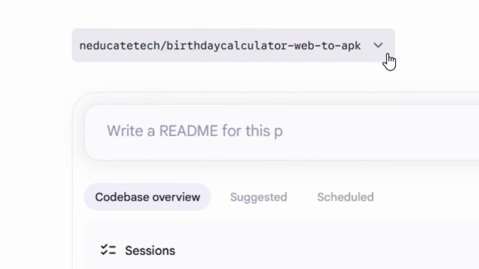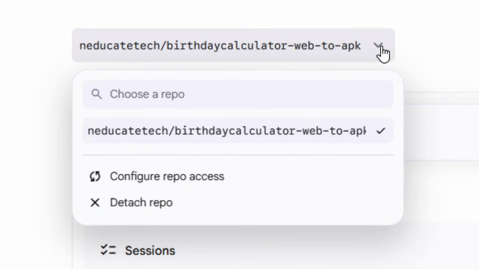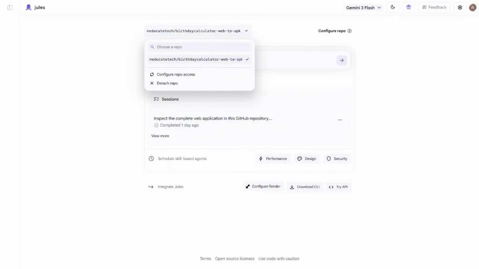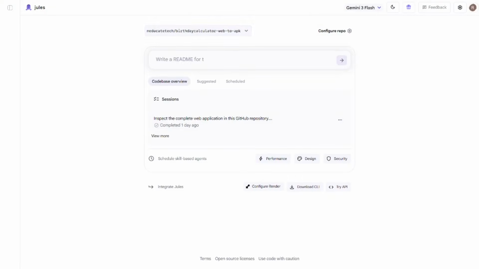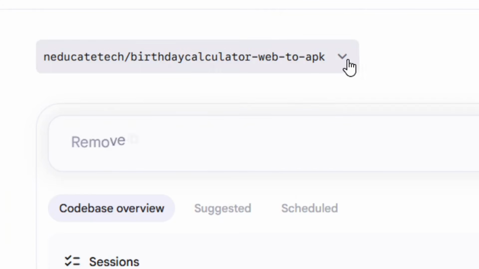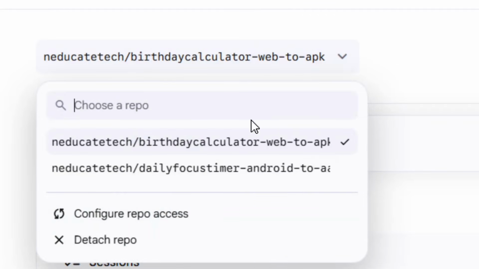As you can see from here, when I click on the down arrow, we don't have the one that we just selected right here. We have to refresh the Julius page. Simply come here to the refresh icon and click on it so that Google Julius will be refreshed. After refreshing it, click on the down arrow,